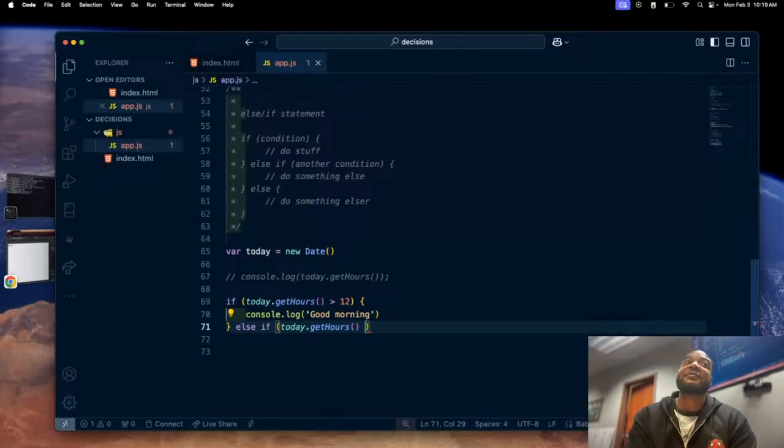Let's say, how about equal to 12 or greater than or equal to 12? So if we say if today dot get hours is greater than or equal to 12,